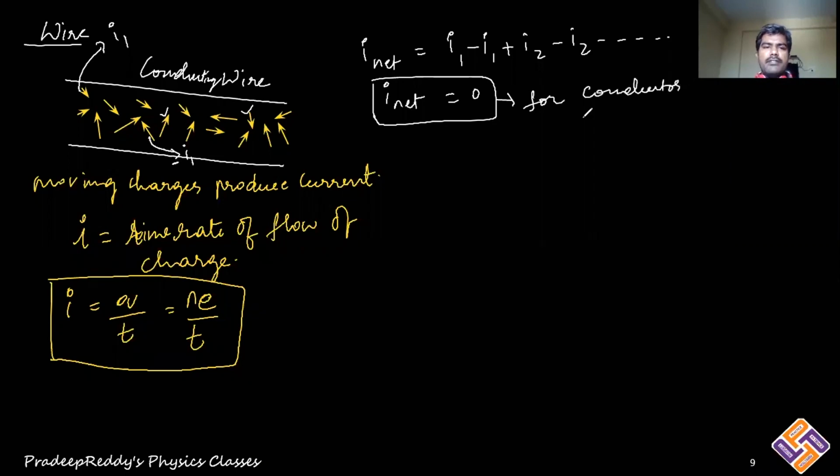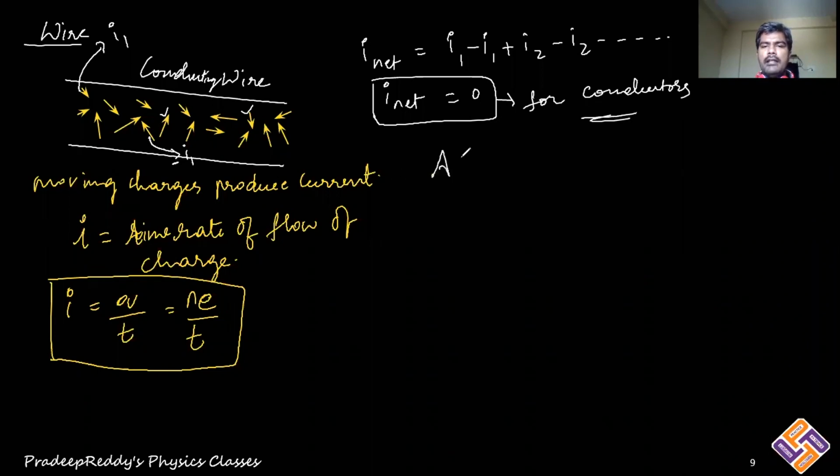So what happens in a conductor? When you take a pure conductor, all the electrons are randomly moving. Each electron in motion will produce some electric current, and as a result, the net current within it gets nullified. One electron moving along the positive x-axis has its effect nullified by the other electron moving along the negative x-axis. As a result, net current in a conductor becomes 0.